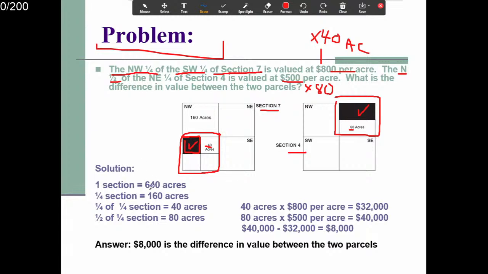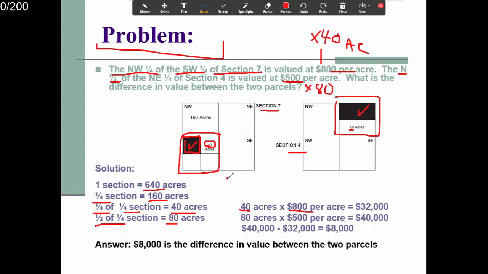one section is equal to 640 acres, right? A quarter is 160. Right? A quarter of a quarter is 40. Are you confused yet? Right? Half of a quarter is 80. Alright, so nevertheless, right, you have 40 acres